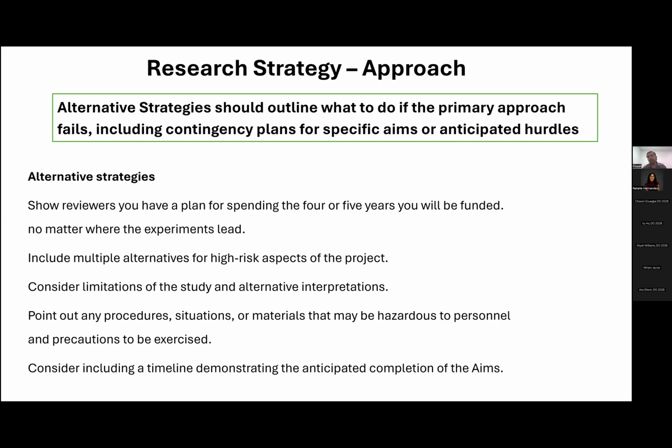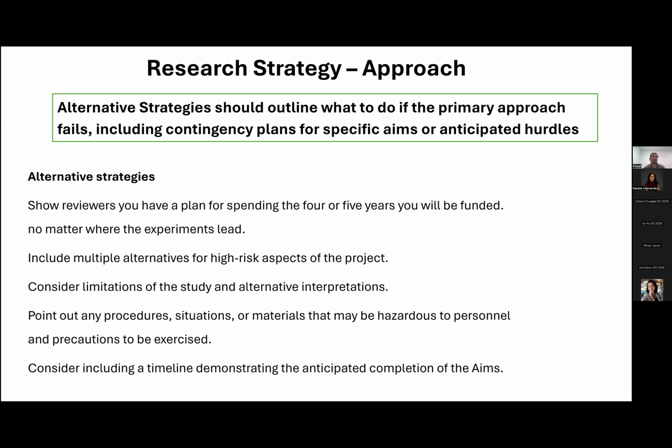These are proposals, right? Whenever we do actual experiments, then only we will understand whether this is going to be successful, or is there any weakness emerging. We don't know. So give one or two alternative strategies to address if your primary approach fails, including the contingency plans for each specific aim and the expected challenges. That will give an impression to the reviewer that they know the possible pitfalls and they know